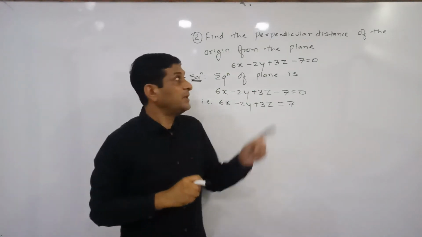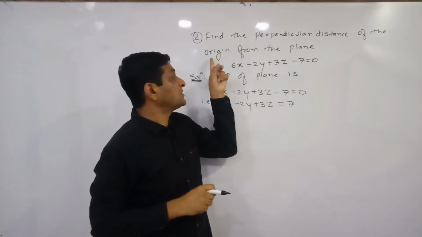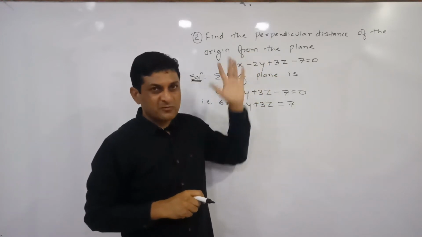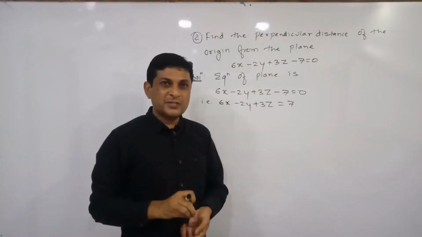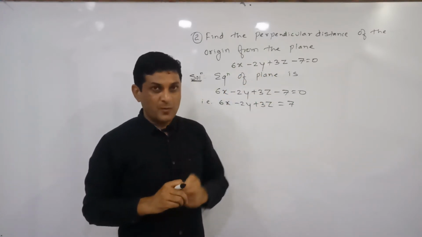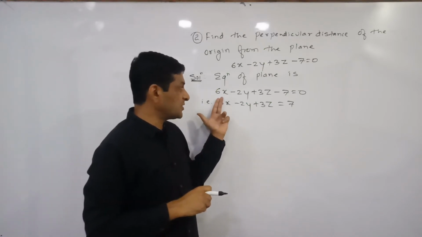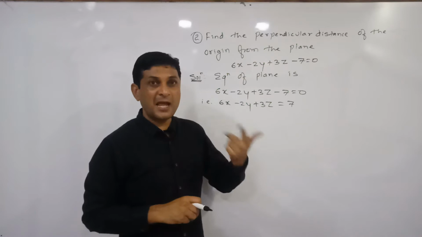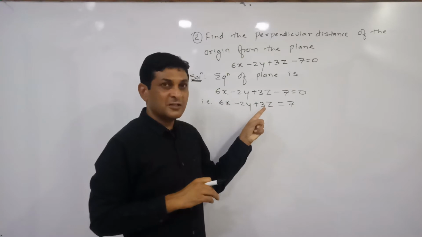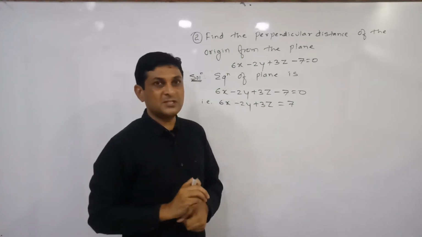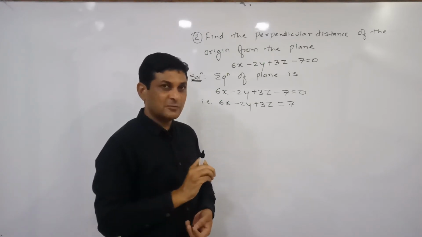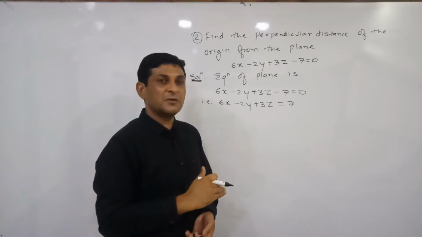In the second example, the question is to find the perpendicular distance of the origin from this plane, means we have to find the distance of the plane from the origin. As it stands, the equation of the plane is in general form. So let us try to convert it into normal form. We can say it is in normal form if the coefficients of x, y, z are l, m, n, which means direction cosines. Here the coefficients of x, y, z are a, b, c. Already we have discussed this part when we proved the equation of the plane. The coefficients of x, y, z are nothing but direction ratios.